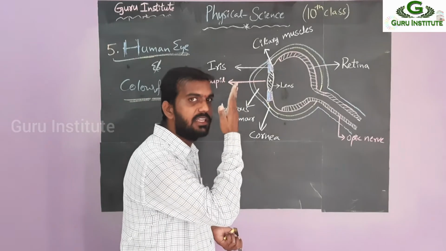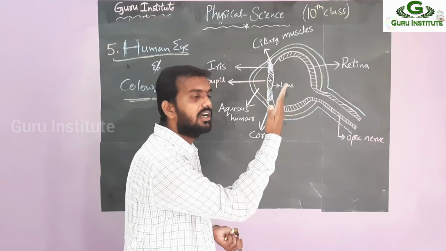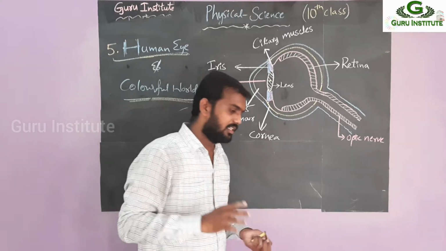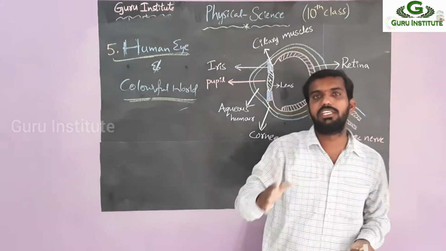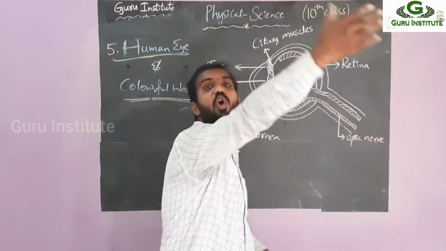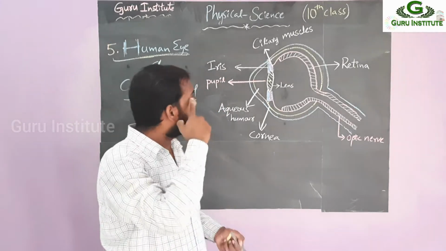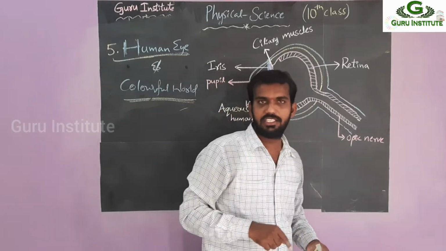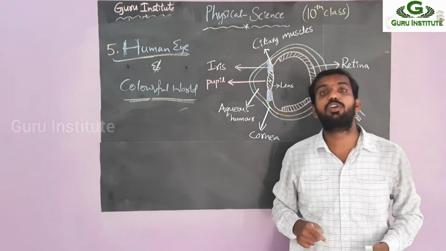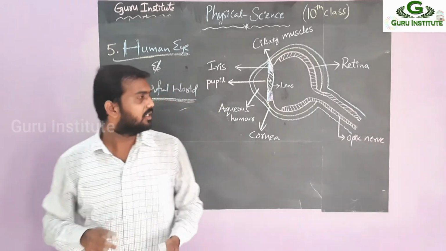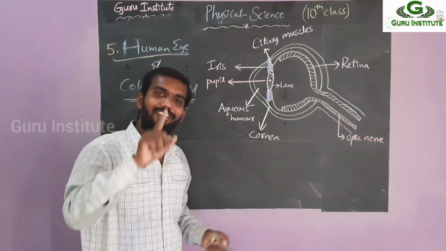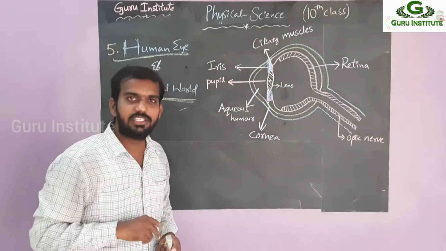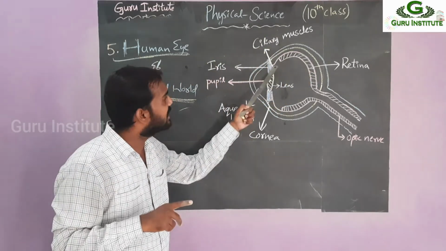Here also I can see the image, but a blurry image. Here I can see after 25. At 25 I see the clear image. After 25 also I see the clear image. Whenever you see this beautiful wall, you can see near objects as well as far objects, right? But our eye lens is the same. If you want to see a far object, you require more focal length. If you want to see a near object, you require less focal length. But by God's grace, we have only one lens, right? How is it able to see the far image and the near image? That is done by the ciliary muscle.